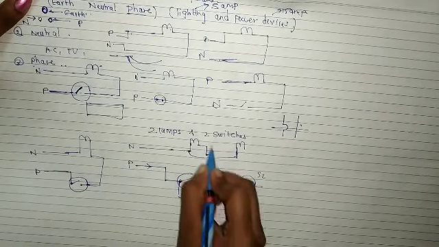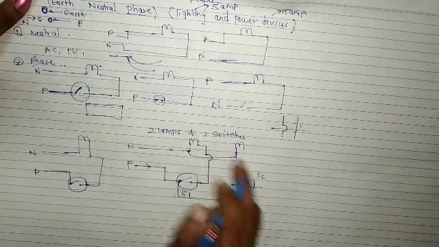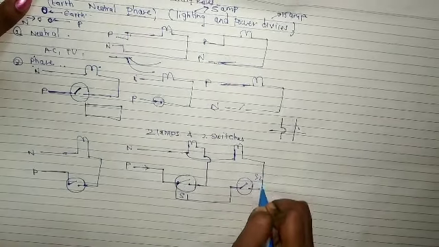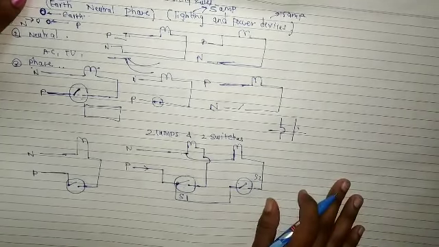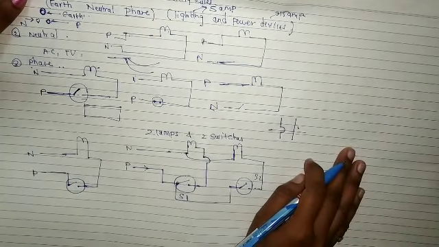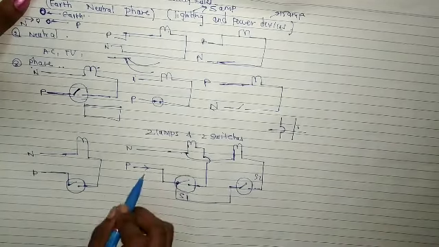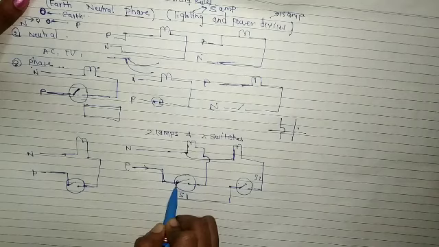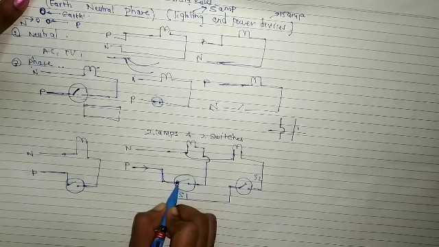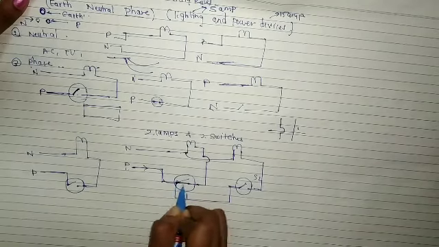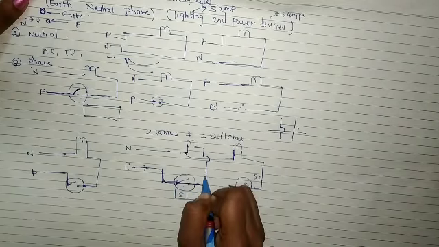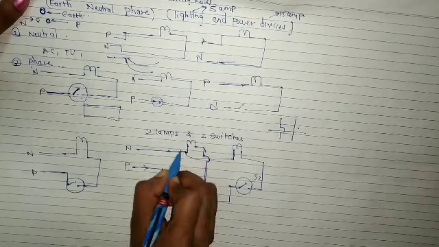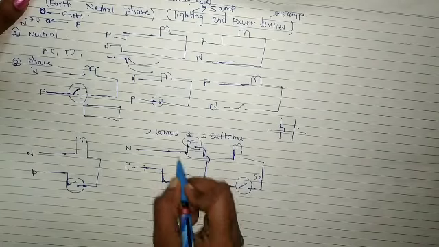So this is the diagram for lamp 1, and similarly for lamp 2, what we have to do? We have to connect here. Are you getting this? So what I did here, now see, the phase from here will go through this switch S1. When the switch is on, then this will be the position. So the current will come from here, then it will go to this end of the bulb, and neutral is from here. So this bulb is getting neutral and phase, so it will glow.